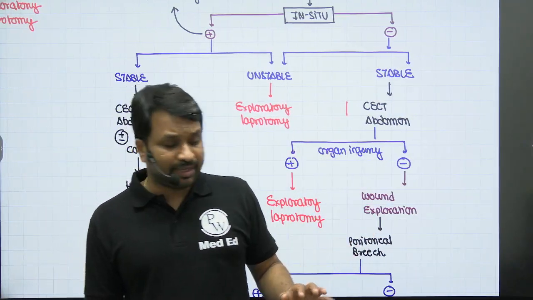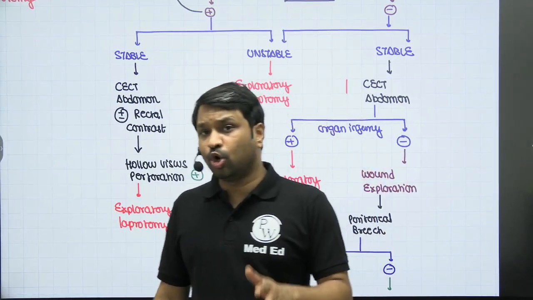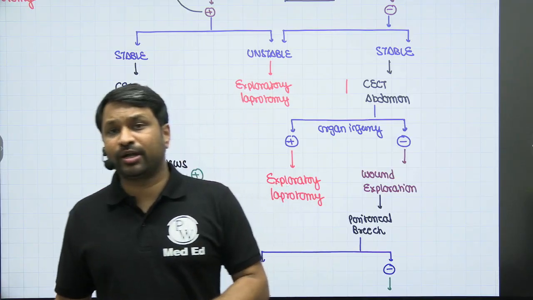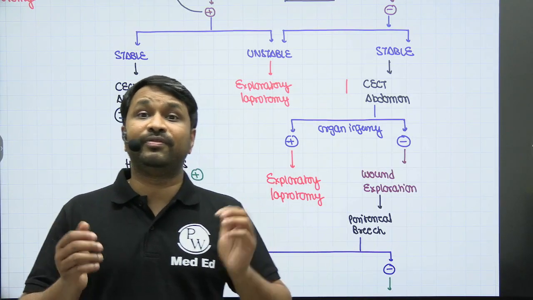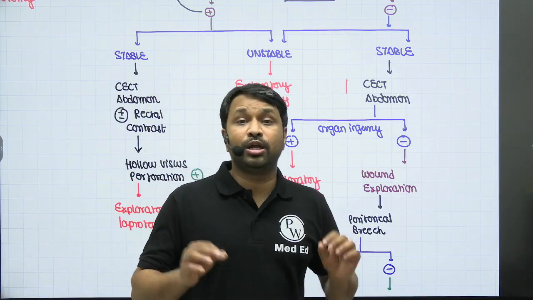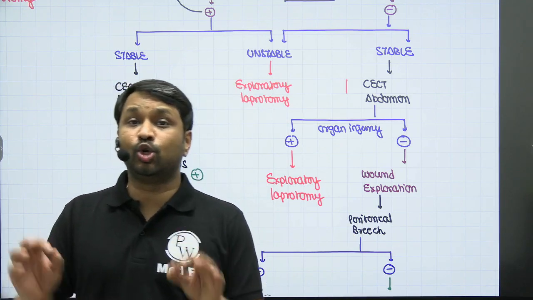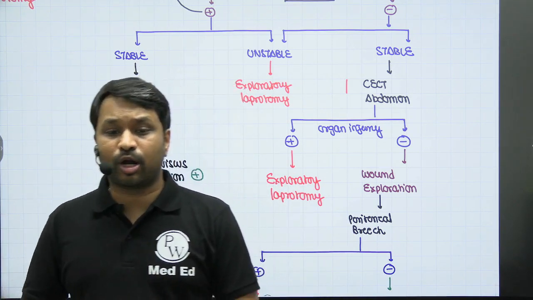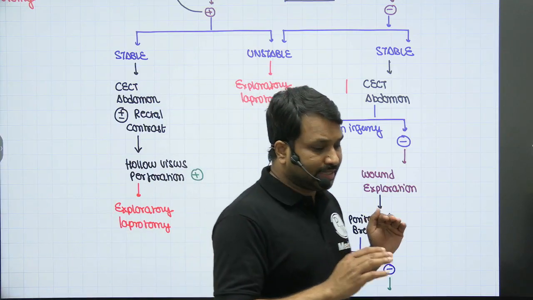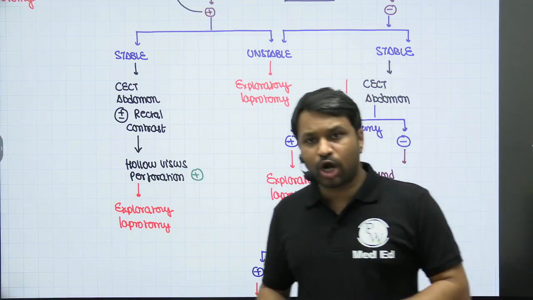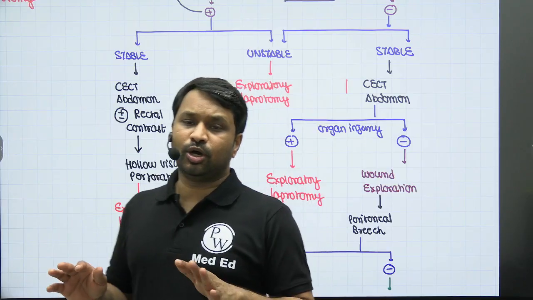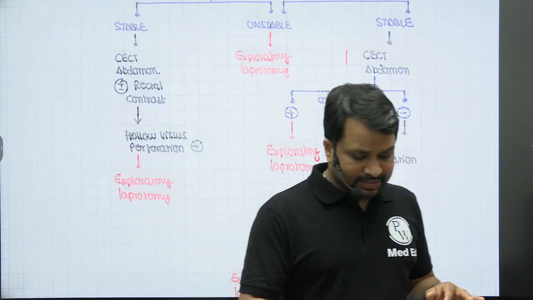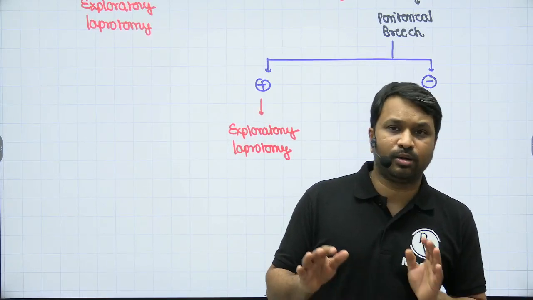Patient hemodynamically stable, right? There is no weapon of stab in situ. What will you do? You'll do a CECT abdomen. Look for organ injury. If present, you go to exploratory laparotomy. If there's no organ injury, you are going to go for wound exploration to look for peritoneal breach. If the peritoneum is breached, you'll take the patient for exploratory laparotomy. If the peritoneum is intact, if it is not breached, you are going to go for wound closure. Right? This is the basic frame for abdominal trauma.